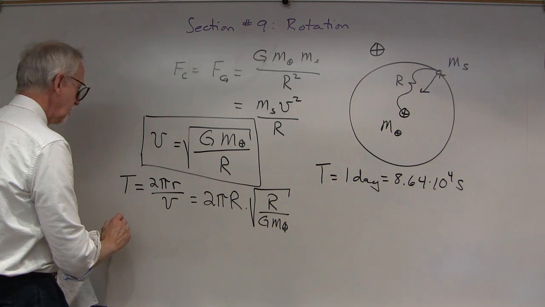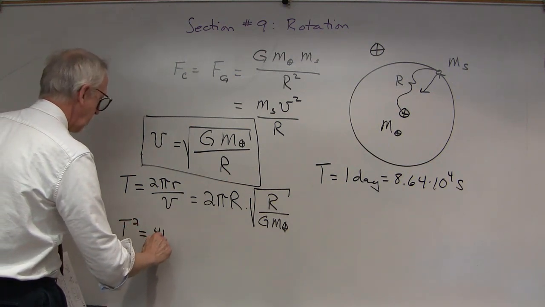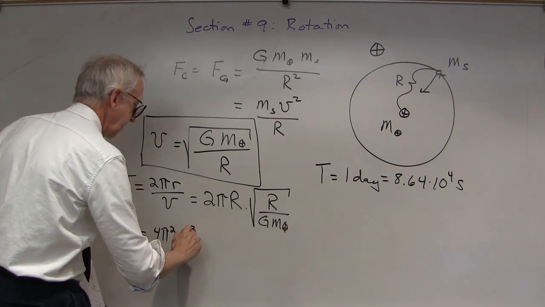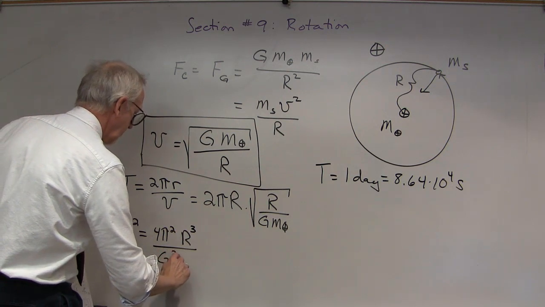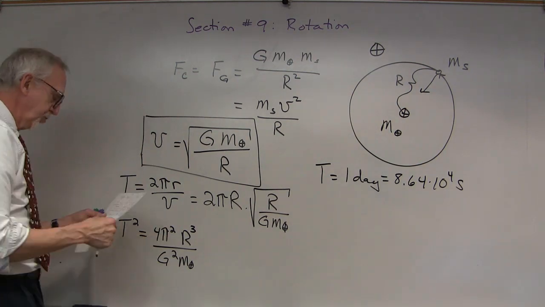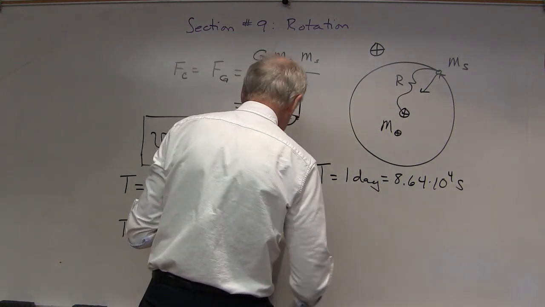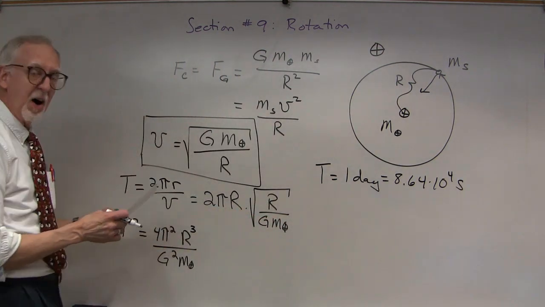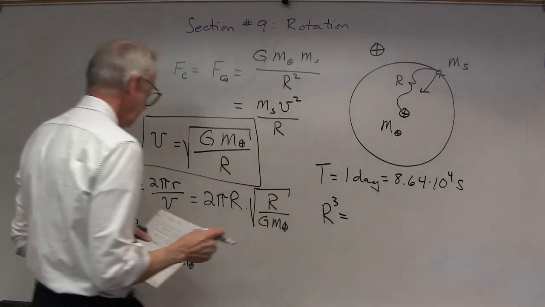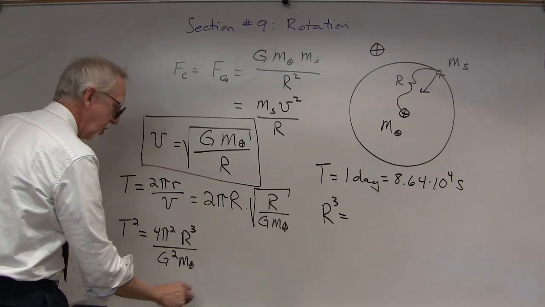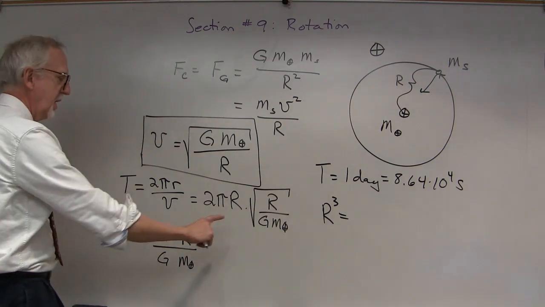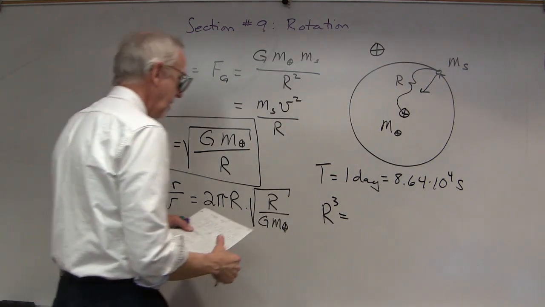We'll square the whole thing, and what do we get? We get T squared equals 4 pi squared r squared, and then we square this, we get r, another r, so that's r cubed over... oh, I'm sorry, we square this, we don't end up squaring the denominator. That was silly. So we square that, we don't end up squaring the G and the mass of the Earth, right? Solving for r, we'll get r cubed equals